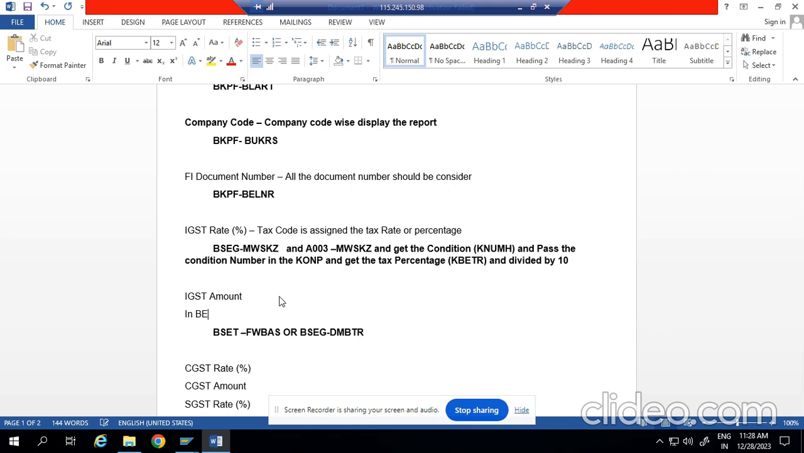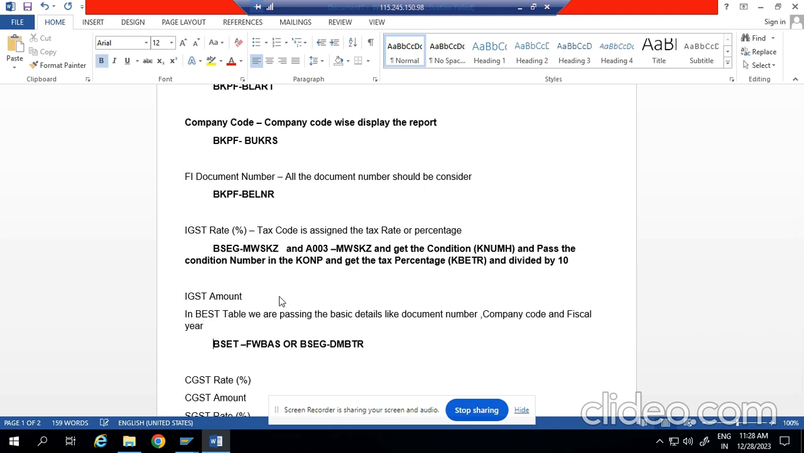In the BSET table, we are passing the basic details like document number, company code, and fiscal year. To get the proper amount document-wise, we need to pass in the selection screen of the table the document number, company code, and fiscal year. Remember always,